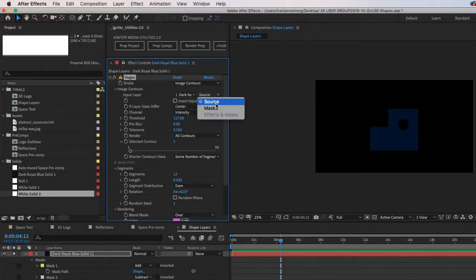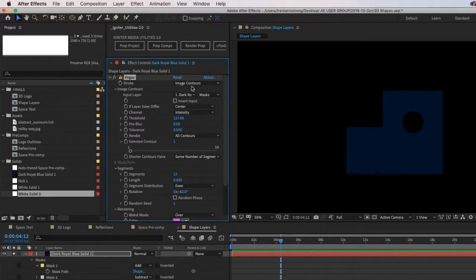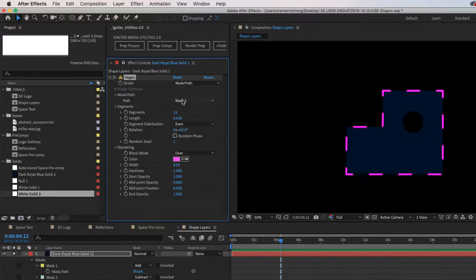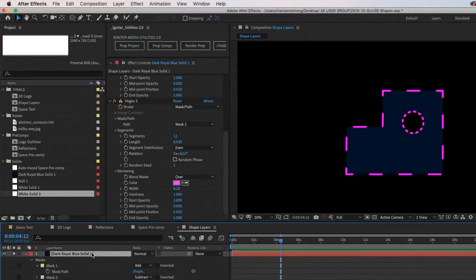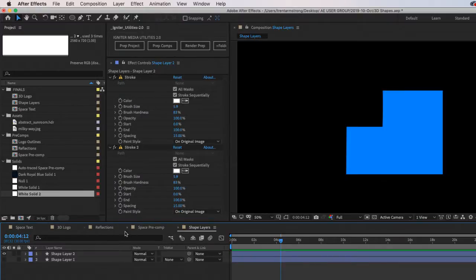Let's try one more piece. Like that. No. All right, so we would do mask 1, and then duplicate it, and do mask 2. So there is a way to do that outside of shape layers, but you don't get the same results as you would in shape layers. All right.